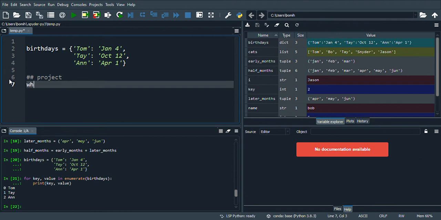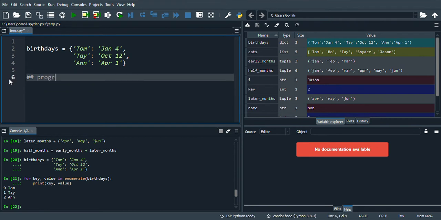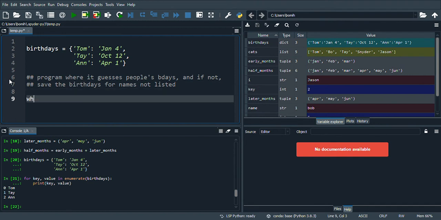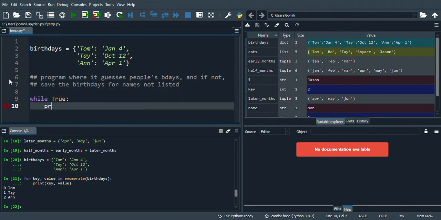Let's say that we want to create a program that guesses people's birthdays, and if not, saves the birthdays for names not listed. Alright, so let's start with while true, print,